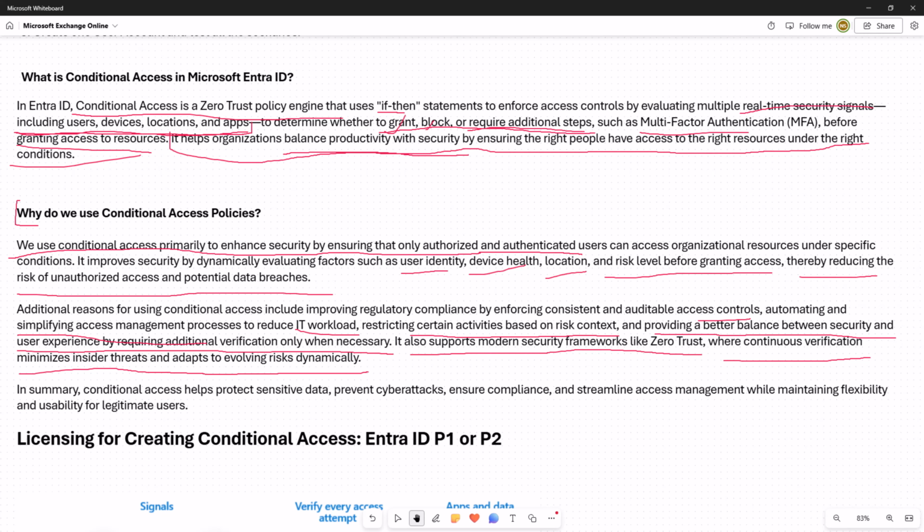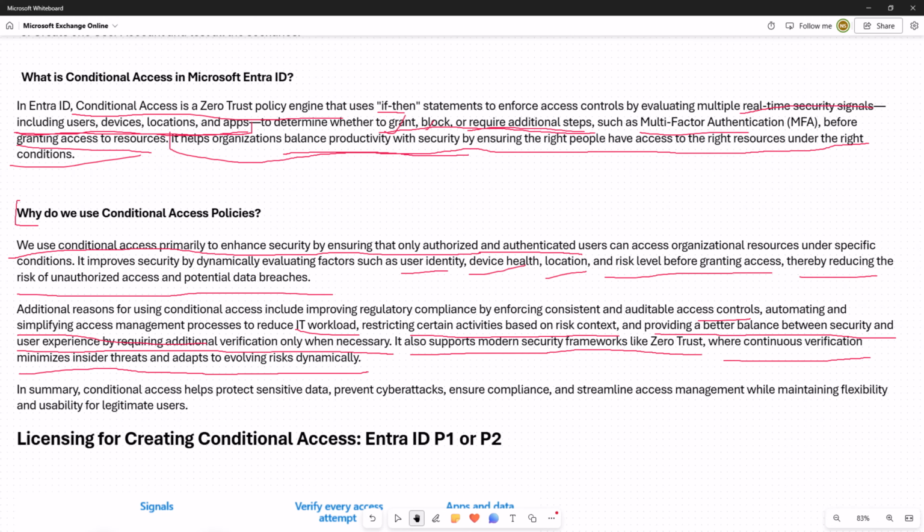Okay, so if you are creating a conditional access policy like this, anybody who tries to access your emails through a browser, Microsoft Edge or Google Chrome, it will not work for them. So this is how you restrict or allow access through conditional access policies.